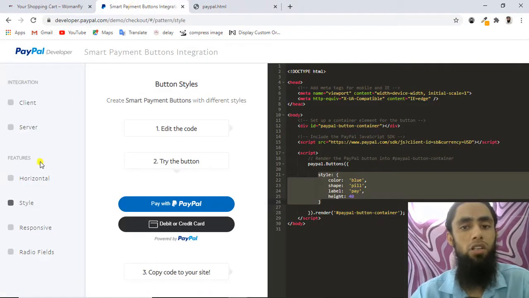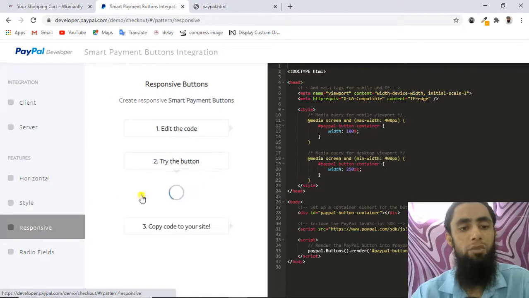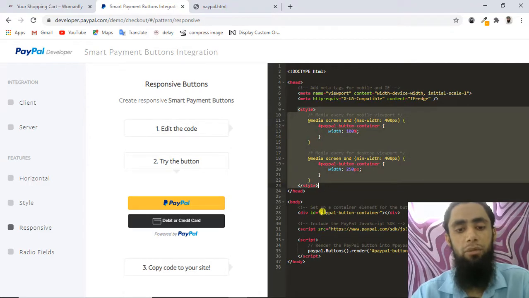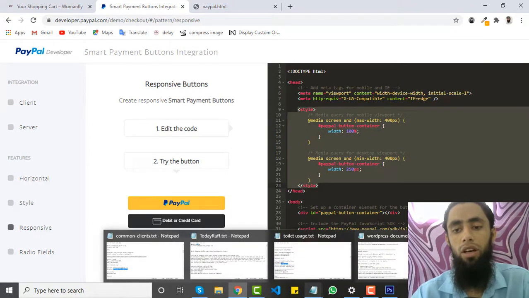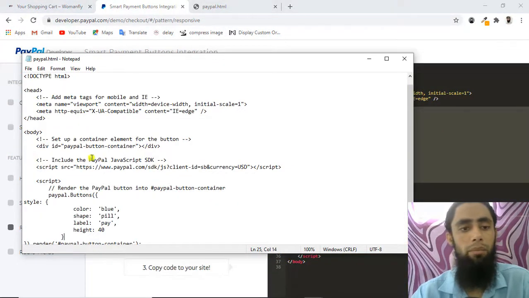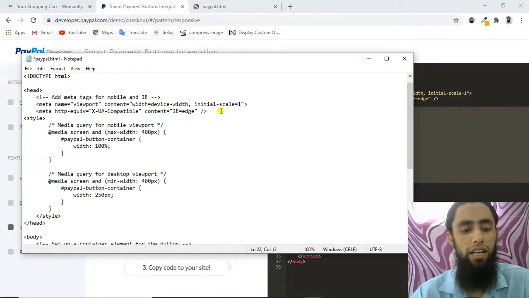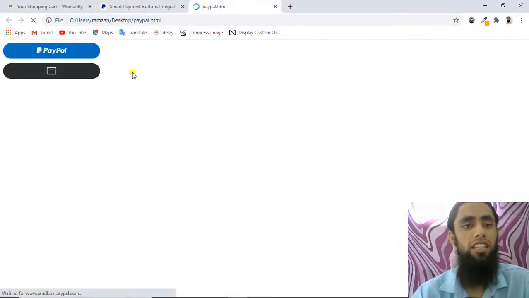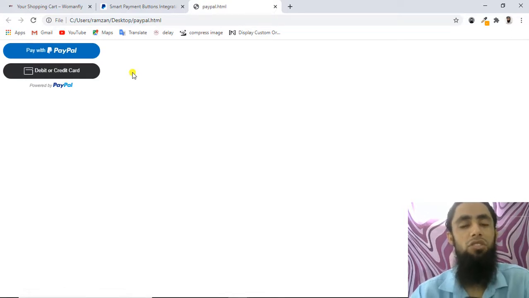And if you want, you can also use that responsive CSS. Here we have the style. Let me copy this style from here, and let me open the PayPal file again. If you add that specific style over here, and let me save this one, and let me refresh this page once again. You can see that these buttons are really amazing. That means we can use these buttons anywhere we want, right? With a simple code that we can edit on our own.